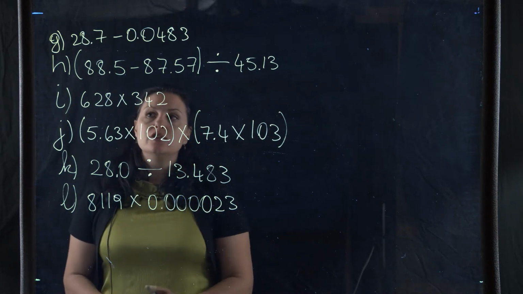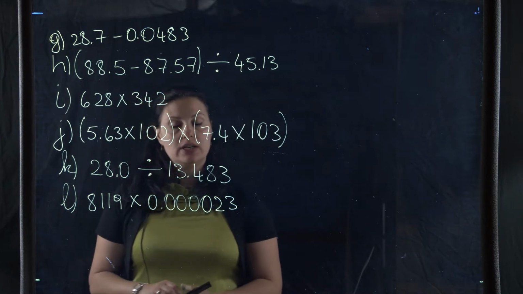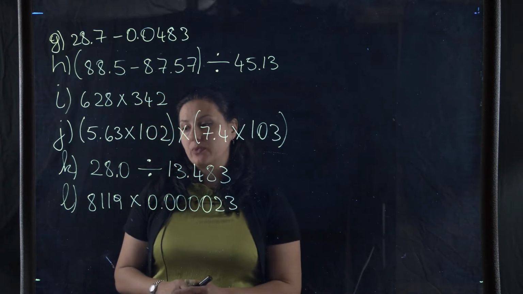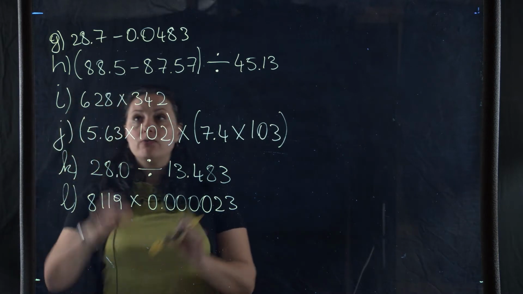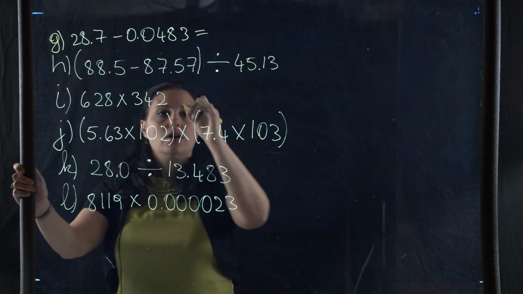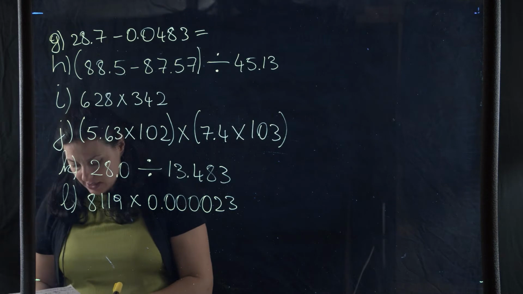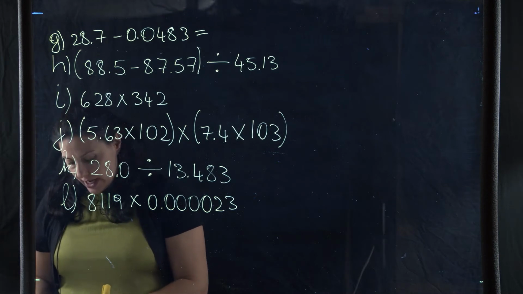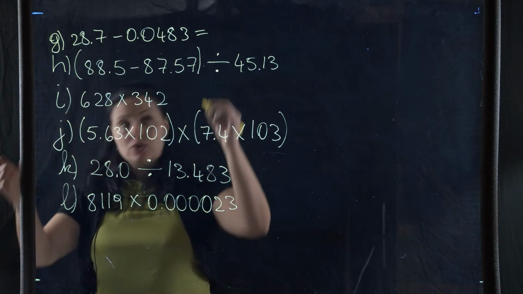Okay, let's look at the second part of the problems in slide 52. I have written these out, but I am going to write the answer. For this one, we'll do it a little differently. But let's look at G. 28.7 minus 0.0483 gives us